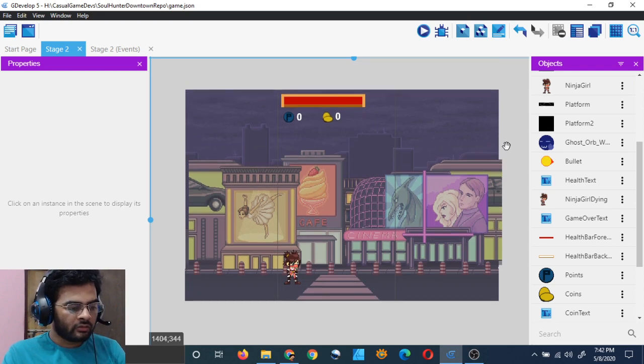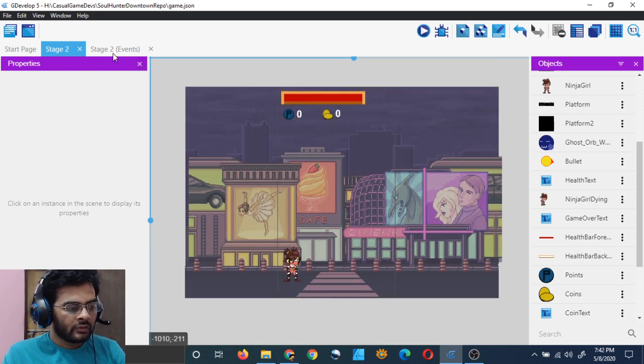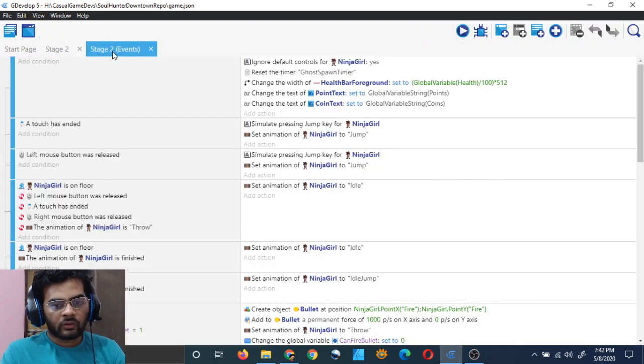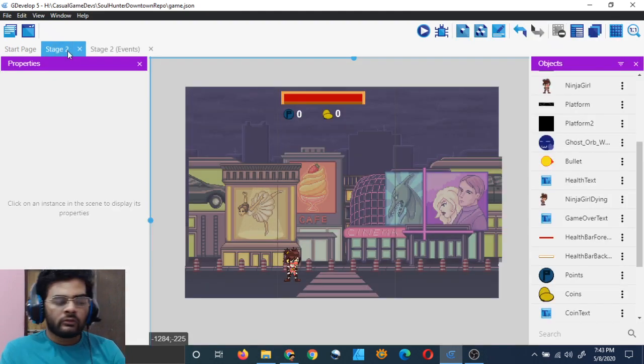Suppose you killed so many ghosts that now you have 1000 points. Now you are a better ghost hunter, and now you can go to more dangerous areas, and you will have gotten a lot of money also, and then you can use that money to invest in some power ups. So we will have to make a shop system for power ups, right? So that the player can buy some power ups using in-game currency. We have to do all these things.